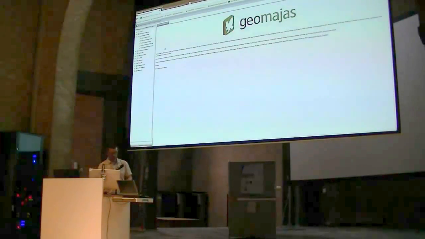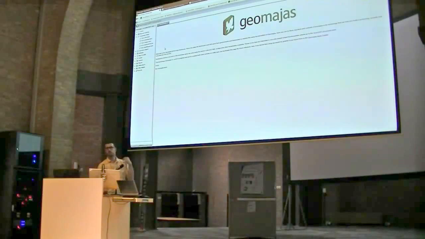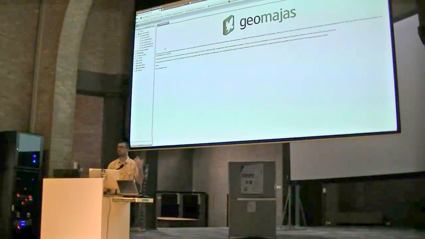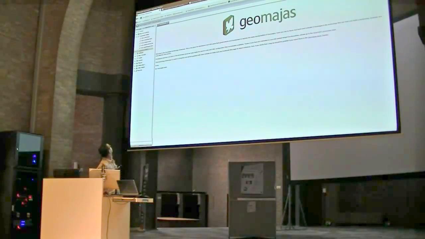Right. So this is a showcase. This is the current version. This is the in development version of the showcase. There's actually an older version available on the Geomajas website, but that doesn't include all of the features that we have now. So this one is going to be part of the next release, which is in the next couple of weeks. Some of the fun things I want to show here is